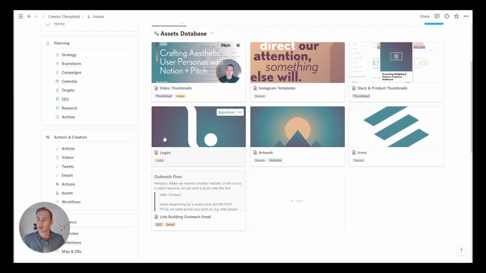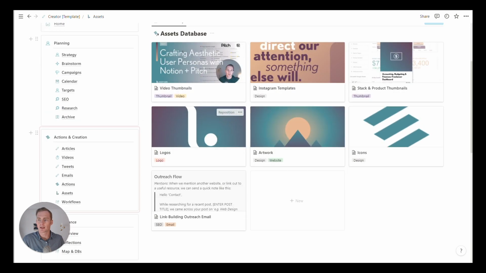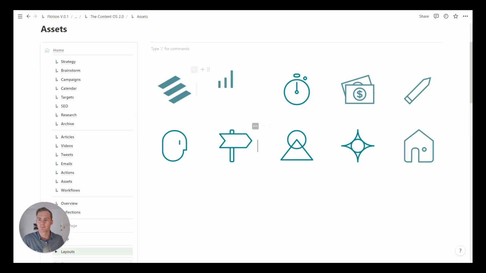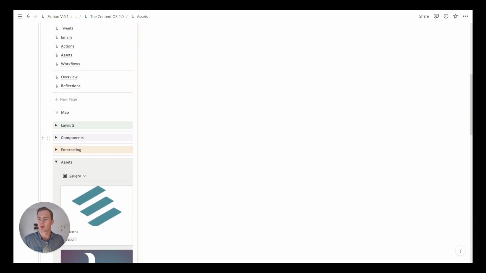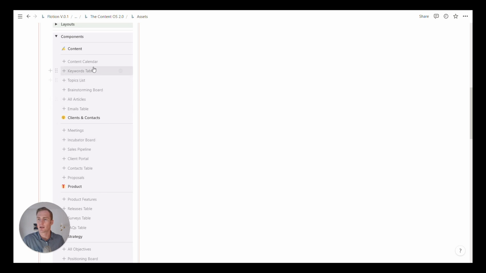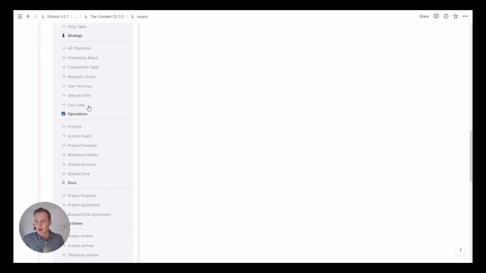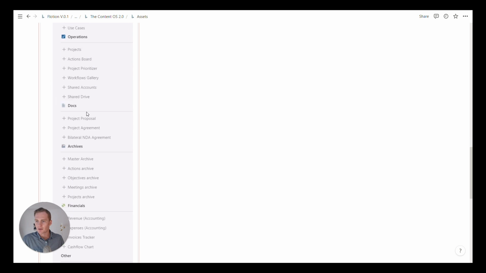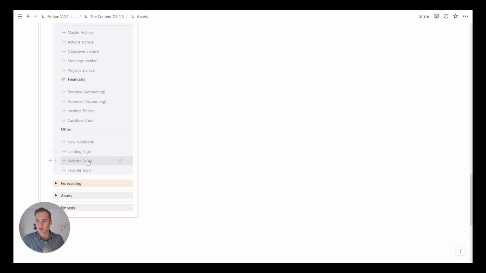But if I wanted to create this setup as a page so I can see my assets, let's see if there is an assets component, or I might just have to create a linked gallery. Browsing, time to do some browsing, operations, actions, board, master. There's not a component, so